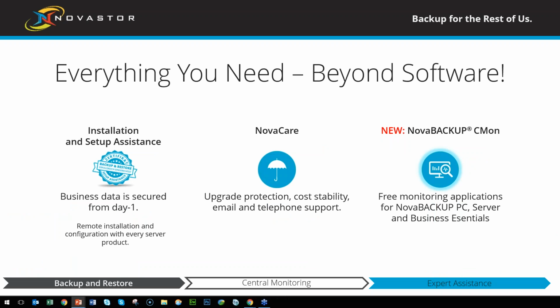So moving forward, we're more than just backup software. We offer you our expertise from years and years of experience in the industry. What that means is, will we set the backup software up for you? Will we install it for you? We will. That's not something that you see out there a whole lot. And what we'll do is we have our engineers that will remote in to you or your customer's location, install the software, and get those initial backup jobs set up so that data is secured from day one